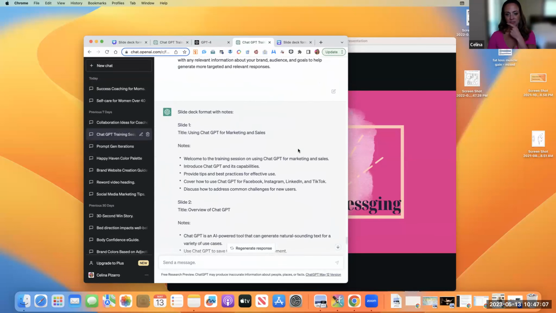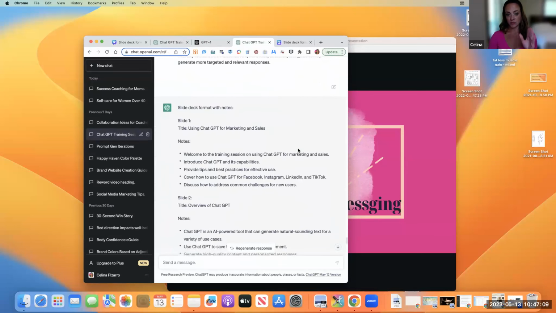And just on a side note here, for this presentation, I asked ChatGPT to create slide decks with notes for me. And then I used the AI within Canva to create the slide deck. So that's just a little side note on how to save time and energy using these tools. All right, so I'm going to go back